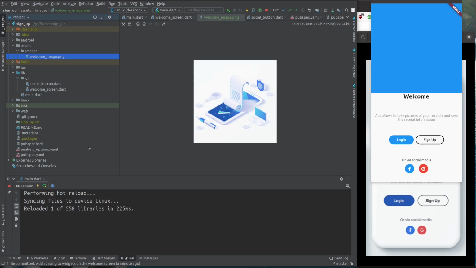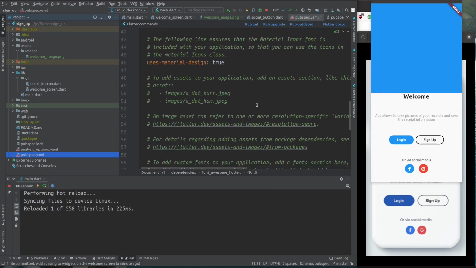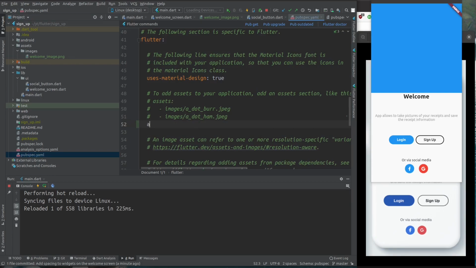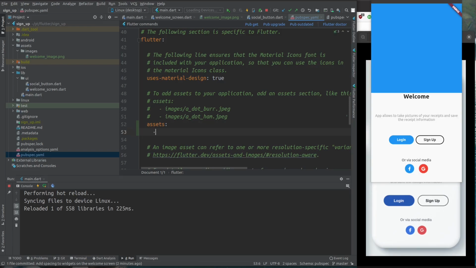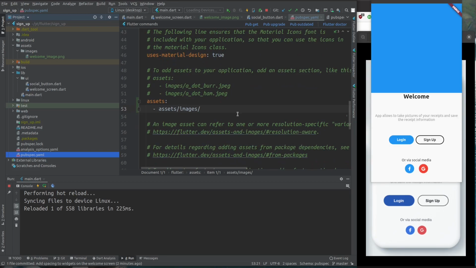Now, in order to use this image, we need to add an option in pubspec.yaml. We've got an example here of how to use assets. So underneath we can use assets and the path to our images. Here it will be assets/images/ and this will give us access to all the images in this folder. Save it, and in welcome screen